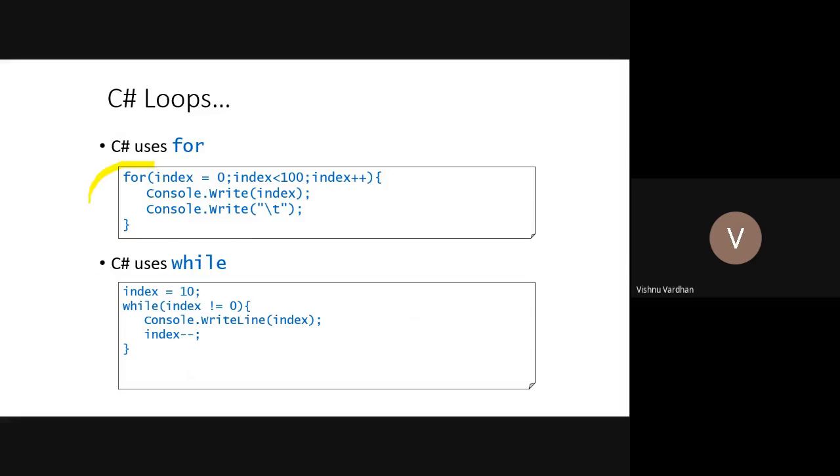Then the for block. There is an index, which is nothing but a variable. The index is initialized to 0, and for all values less than 100, it is getting incremented. It's normal C++ kind of syntax. There is no speciality in this. Similarly, the while block is also something you might have seen across all the programming languages. When there is a matching condition, it should not be less than 0. Till that time it gets executed.